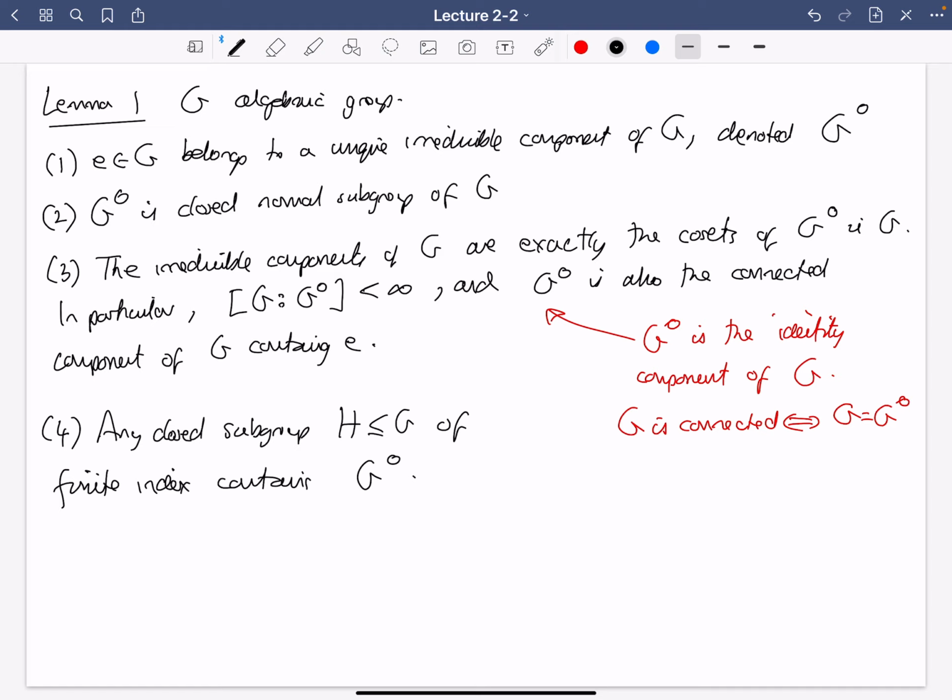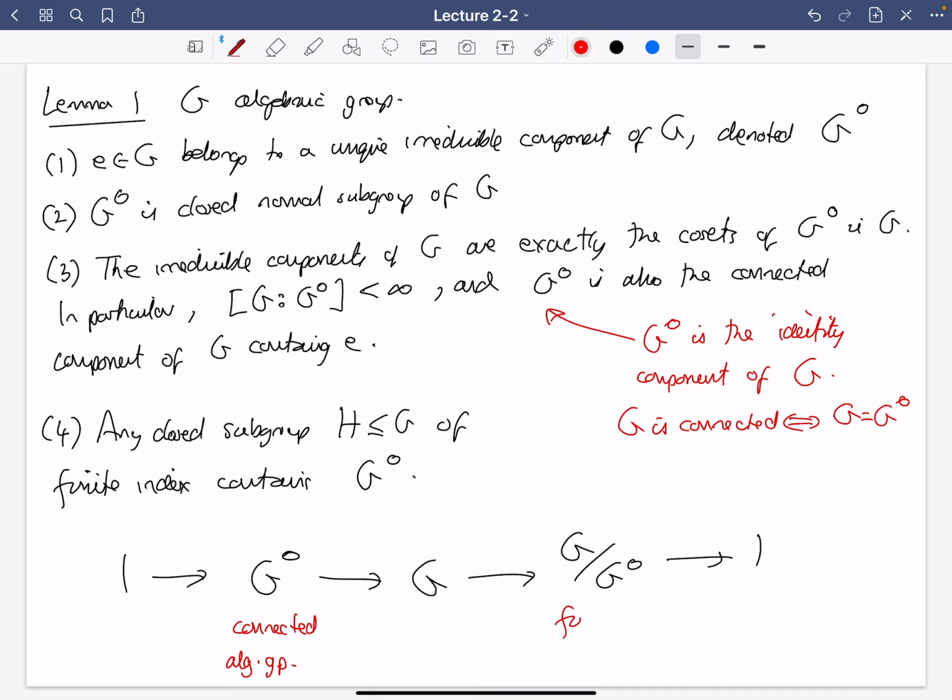So we're going to prove this. There's a bunch of fairly simple arguments. It's not a bad proof at all. But I guess the message of this is that if you start with a general algebraic group G, you can always pass to its identity component, which is a connected algebraic group. And parts 2 and 3 of this lemma tell you that that's a closed normal subgroup of finite index. Being normal, it means you can look at the quotient group G over G0. And this then is a finite group called the component group